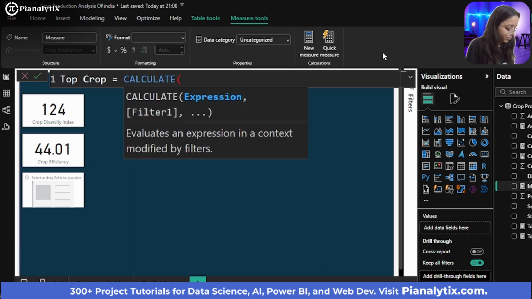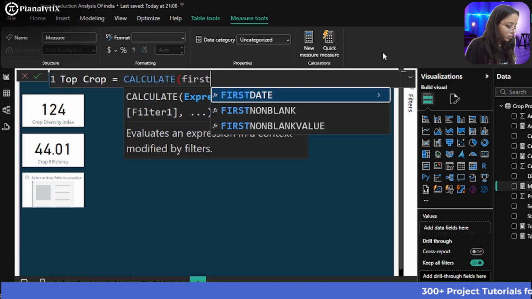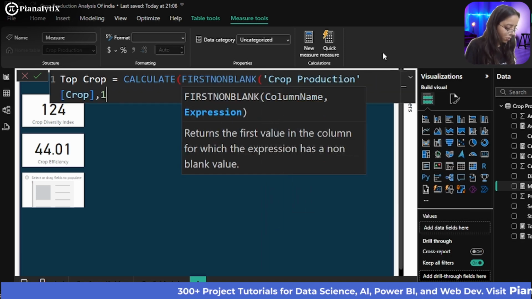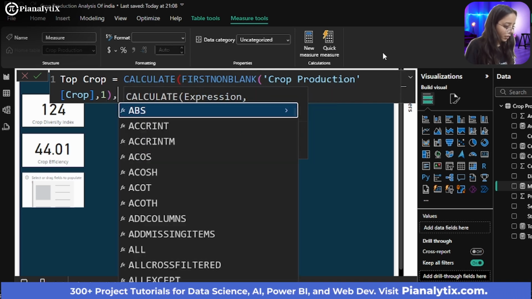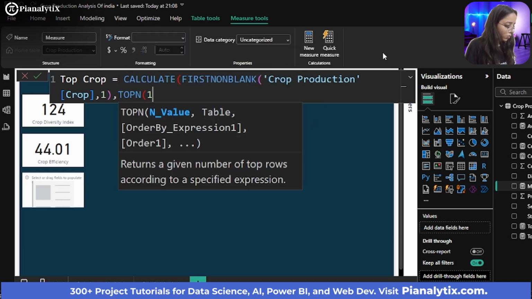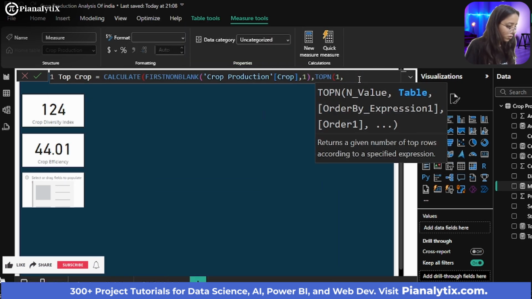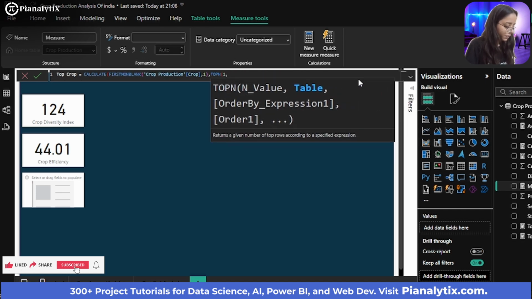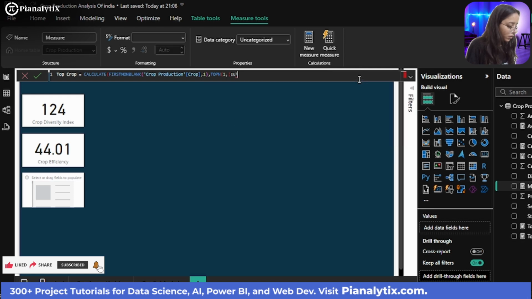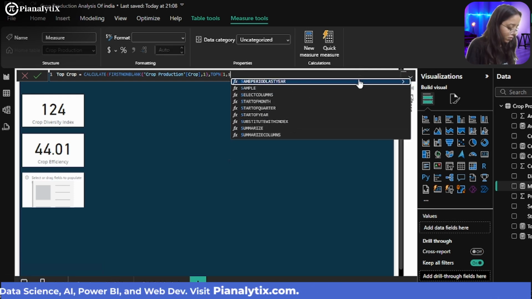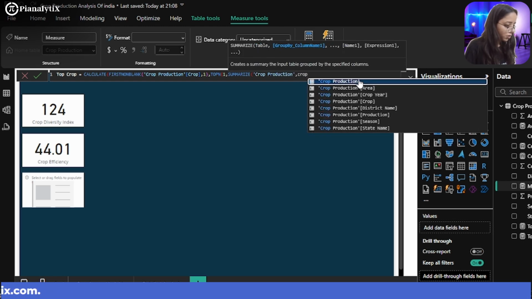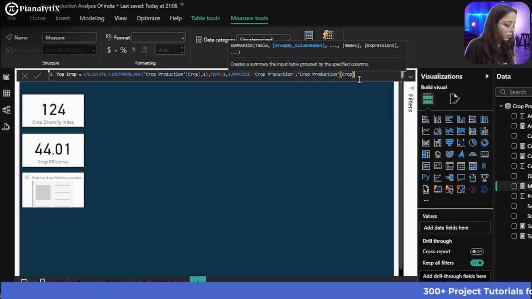Calculate first non-blank crop production, crop 1, and then top end 1, top end 1, summarize crop production, crop